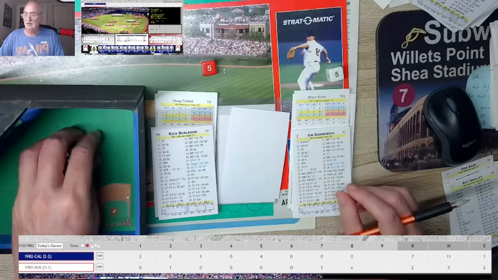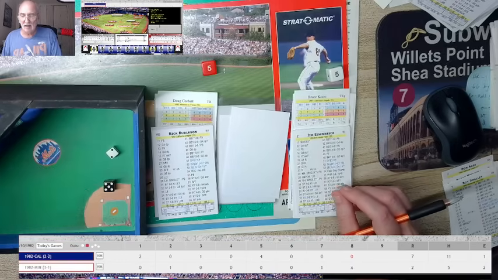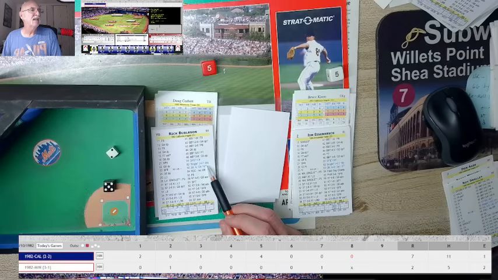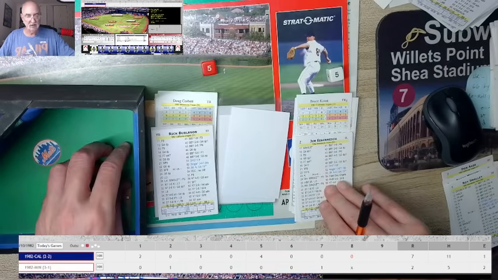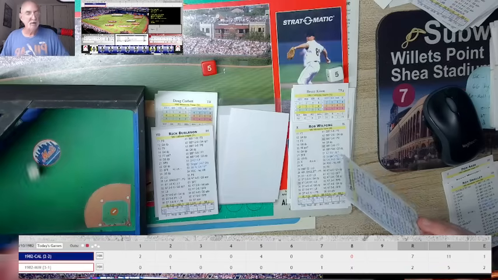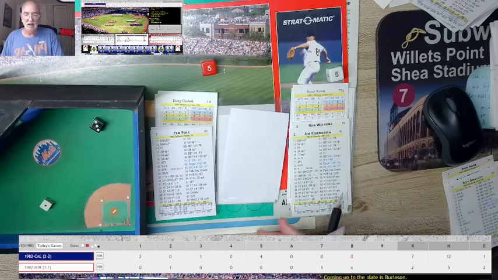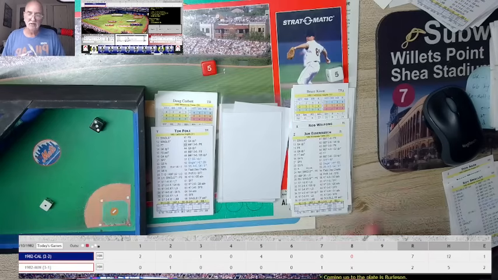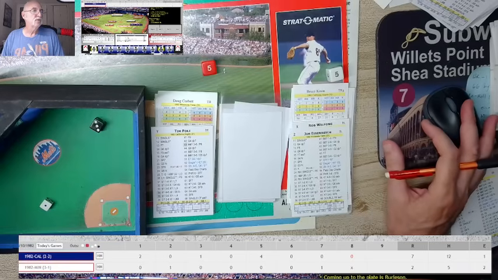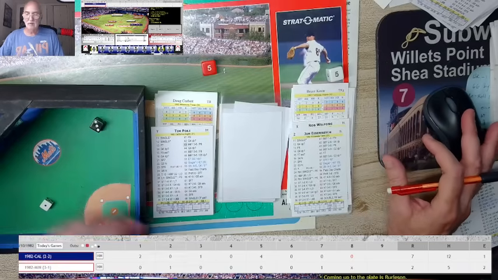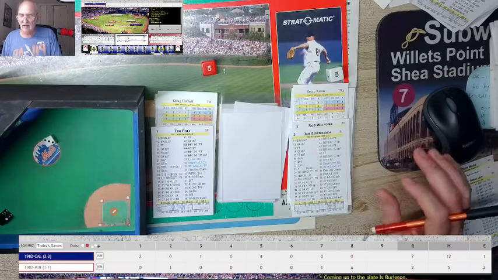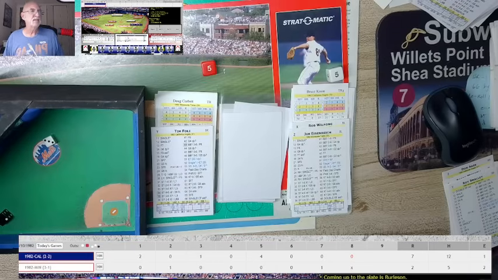Here is Rick Burleson with a 52 now. That's going to be a ground ball to second base, knocked down by Wilfong. Will he make a wild throw? That's the question. So that's going to be on the 52 number. There's no number there, so no wild throw, but it is going to be a single. It's a range single. Actually, no, it's just an error. I'm sorry. It could be a single plus a throwing error, but just a single. So Tim Foley, Corbett, the pitch, and that's a 23, and that'll be a high fly to center field.